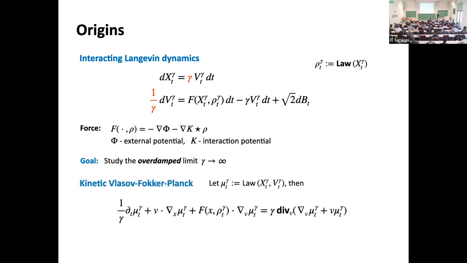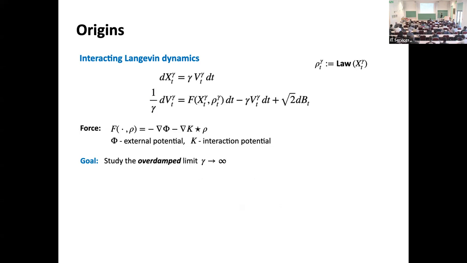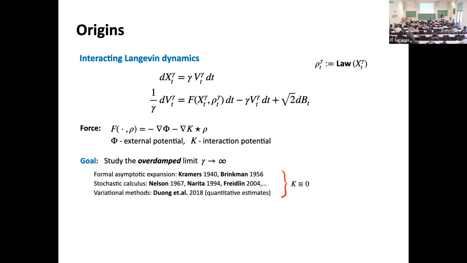So this is the kinetic Fokker-Planck equation, essentially the same as before, except now rescaled in time. Yes, so mu gamma is now simply the law of the process. Okay. Right, so this is our guy, and let's start by looking back into the past and see what has been